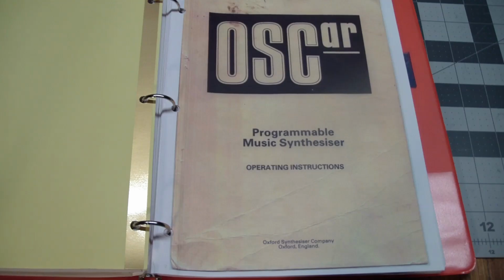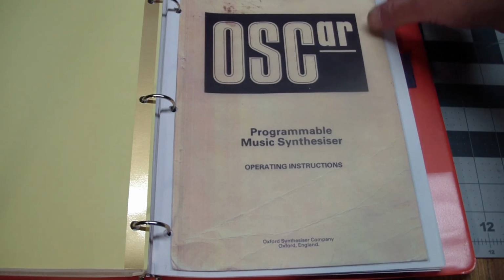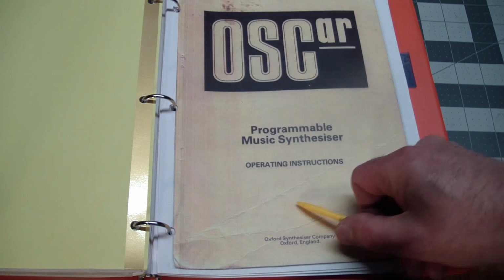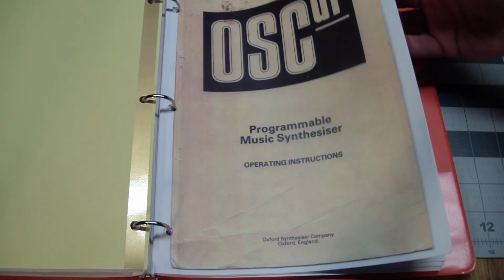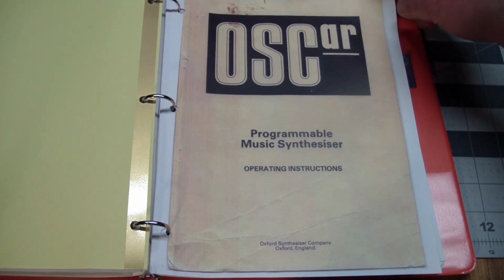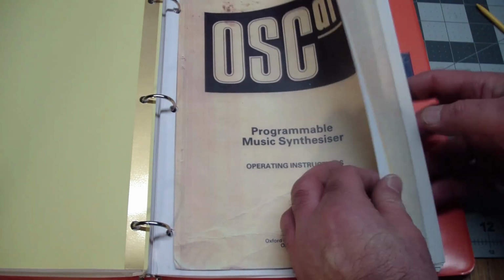And then I found this. The original manual with original creases in here. No, this is a printout, but whoever scanned this did me a big favor, because